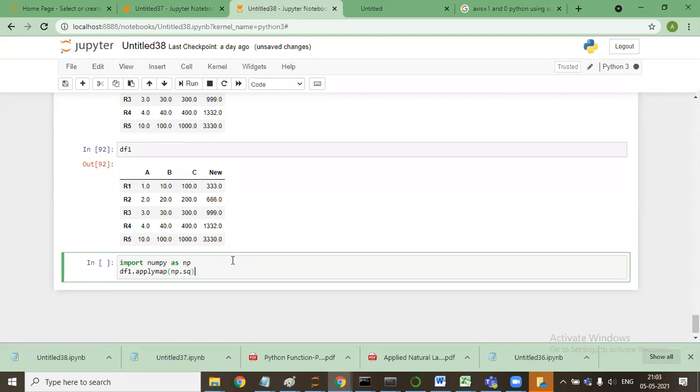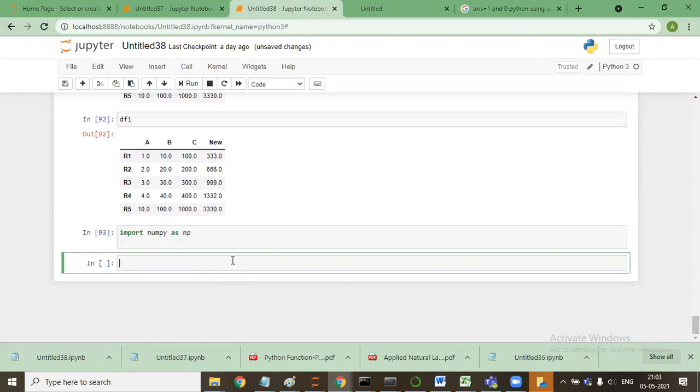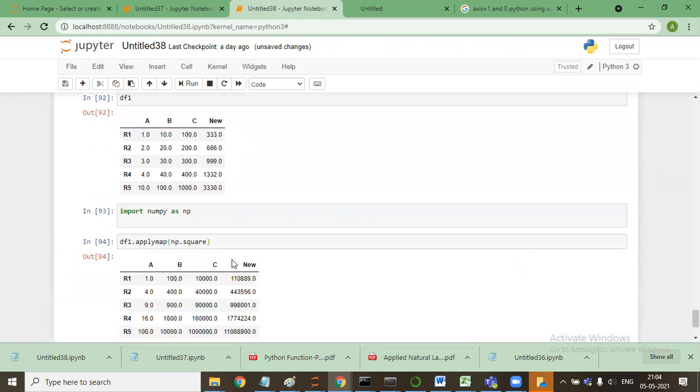One second guys. I'll say df1.applymap np.square only, not squares. I'll say shift enter. Now it will square every element.